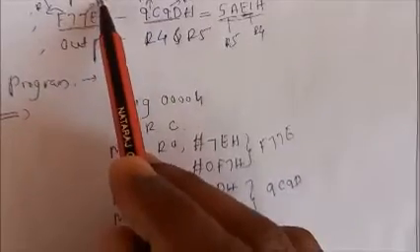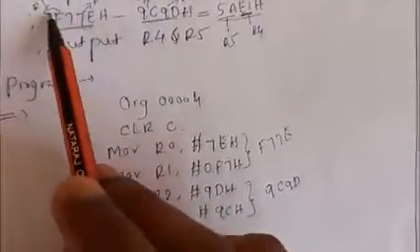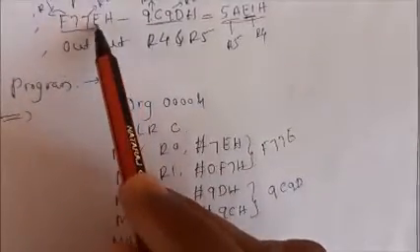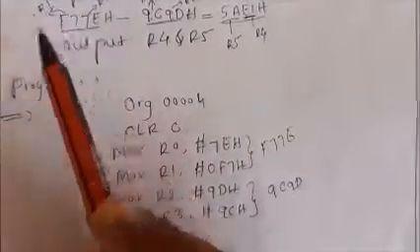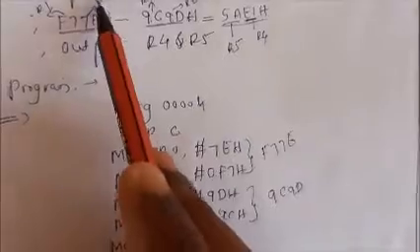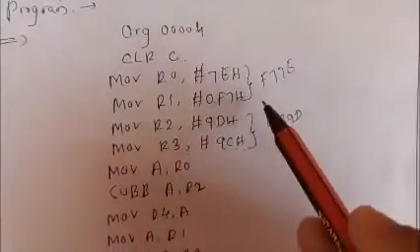And here don't get confused, sir. Here you are using R0, which means I should use only R0 and R1 here? No. You can use any one of the registers. Instead of R0 here also you can use R1. Here also instead of R1 you can use R0. But instead of making the confusion here, better to go for the sequential. That becomes easier for you. R0, R1, R2, R3. Is it clear?